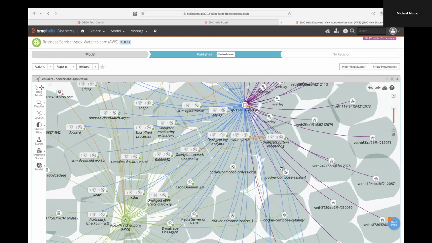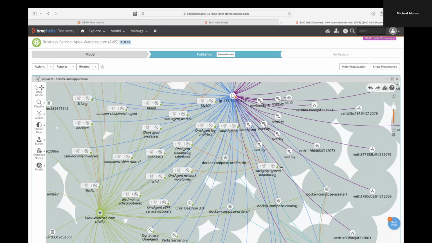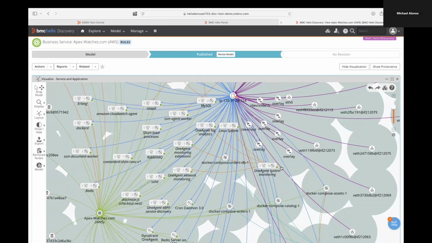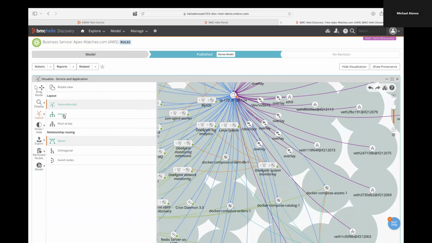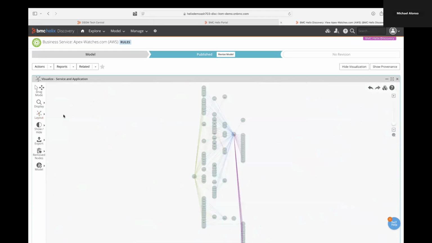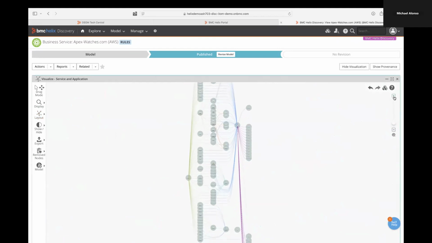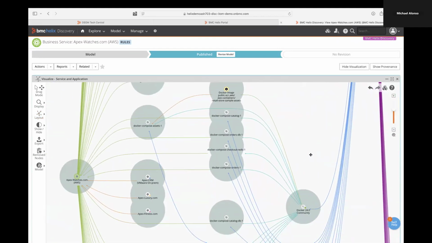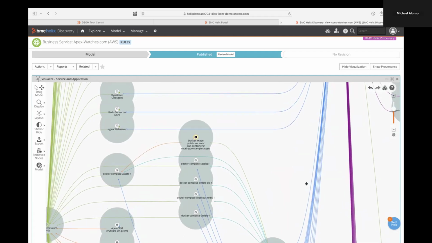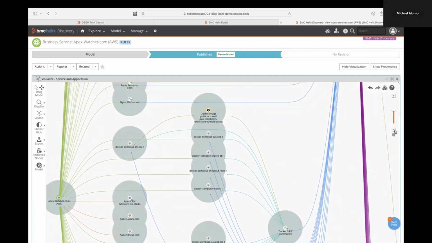But you can see all those different connections and all the different capabilities, and then we can actually drill down into these capabilities as we need to. But then the other amazing thing that we do, what makes this very important to us, is the way we change things. So we can say impact. I want to show this in an impact status. So now I can see from the top of my service down to the bottom of my service what the impact of every one of these devices or capabilities is within that service.